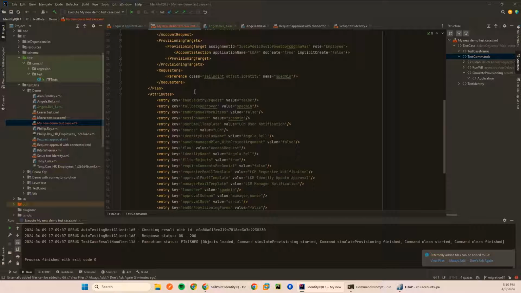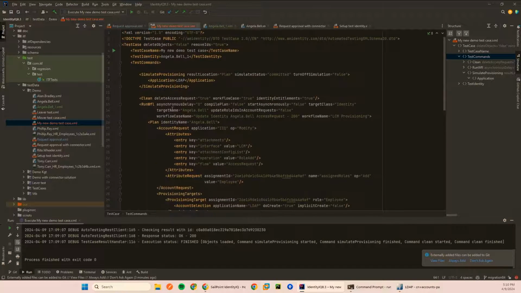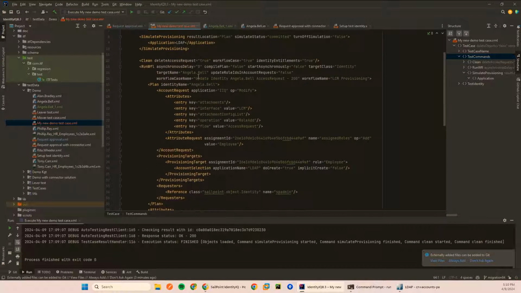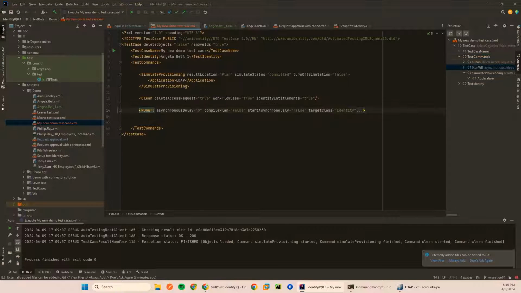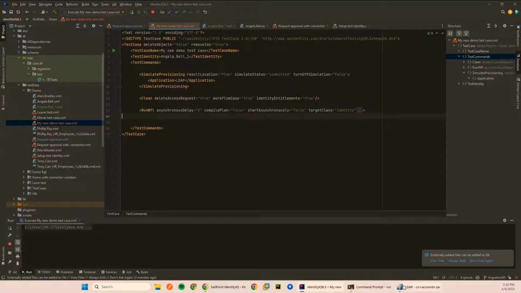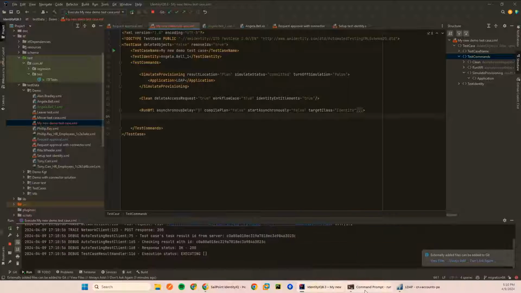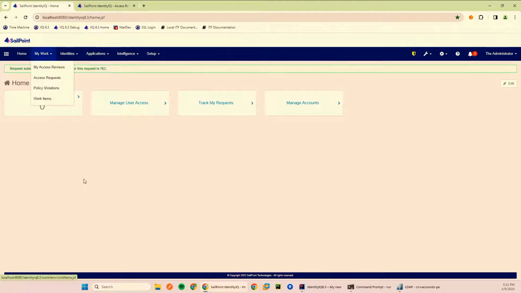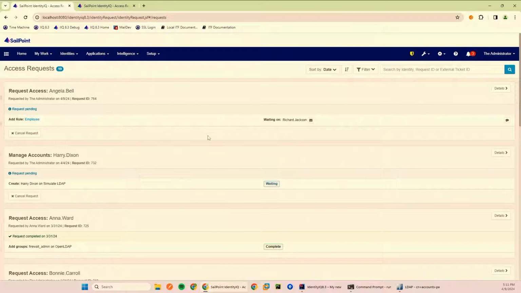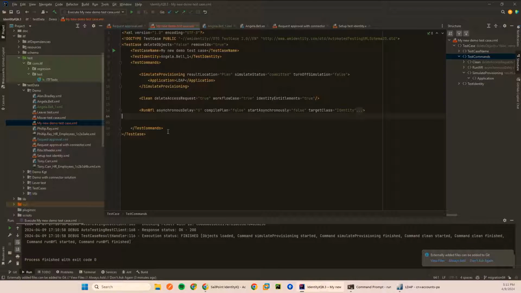Bam. It reads all the data submitted by IIQ itself. So you don't have to. Of course, you can do the initial one and then make changes to it. But you don't, it makes life so much easier. So now I can just save it and rerun it. And as you saw before, we'll see that, in access requests, we have an access request. And so on and so on. And the same thing goes for